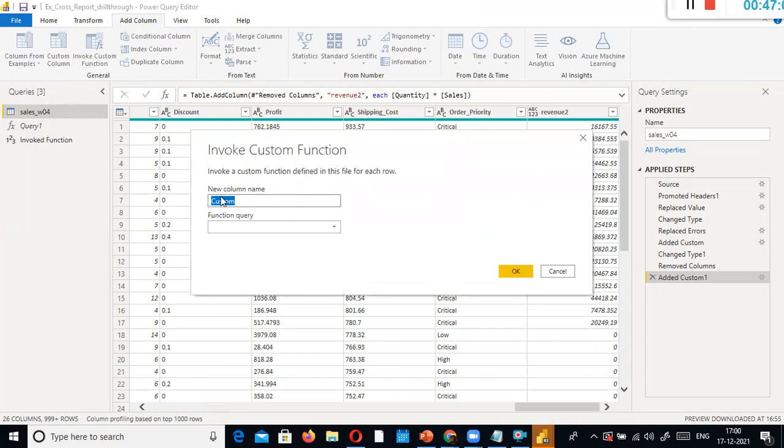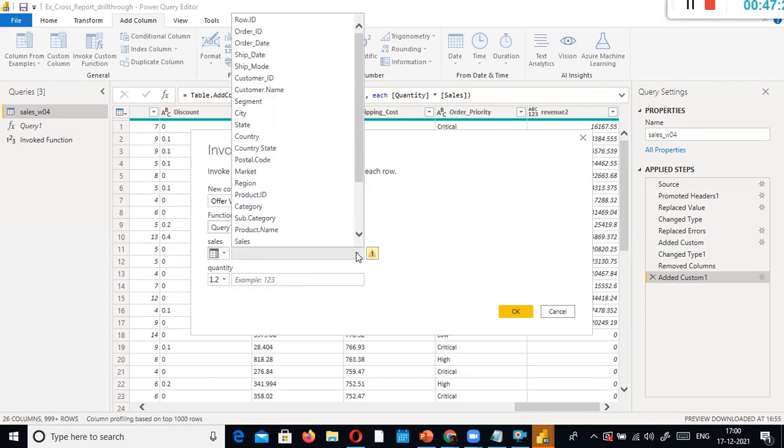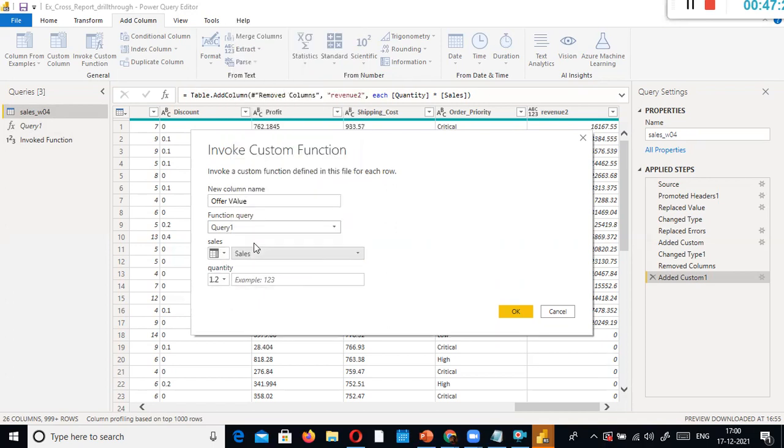So I just call this something like offer value. It's something like if the customer purchased more than 5,000 rupees, then we need to give some points, reward points. See here, sales.